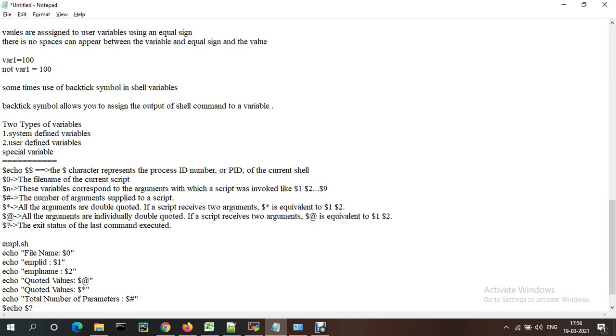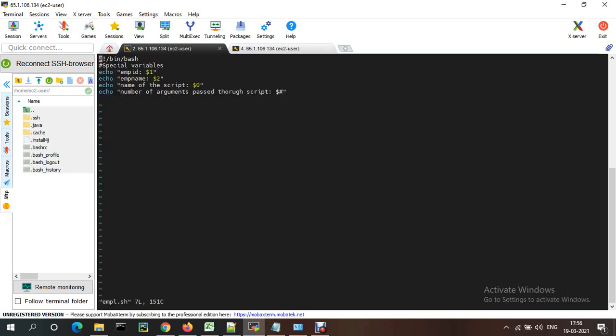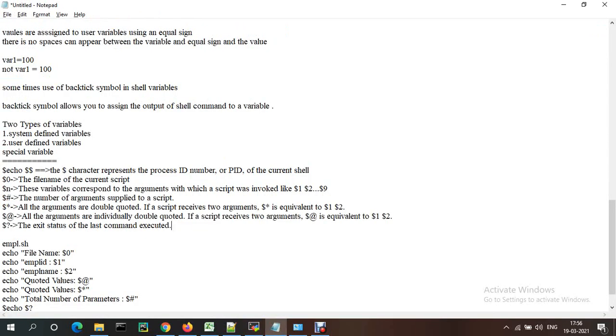Dollar question mark means the status of the current script. Suppose your script is executed properly or not: 0 is a success and 1 is failure. If you want to know the status, you just need to provide echo for all these things.